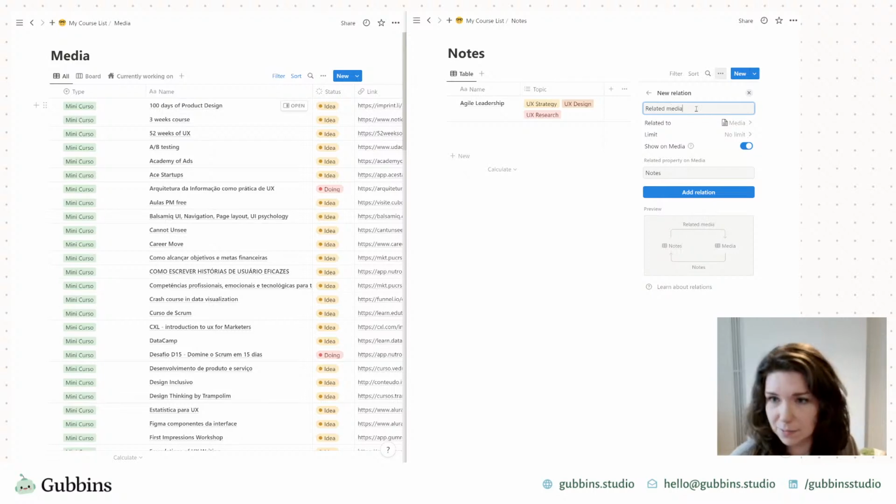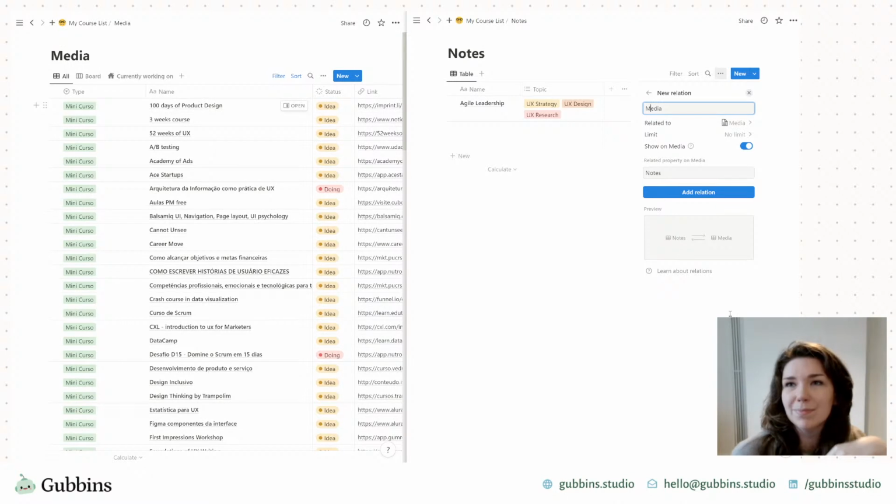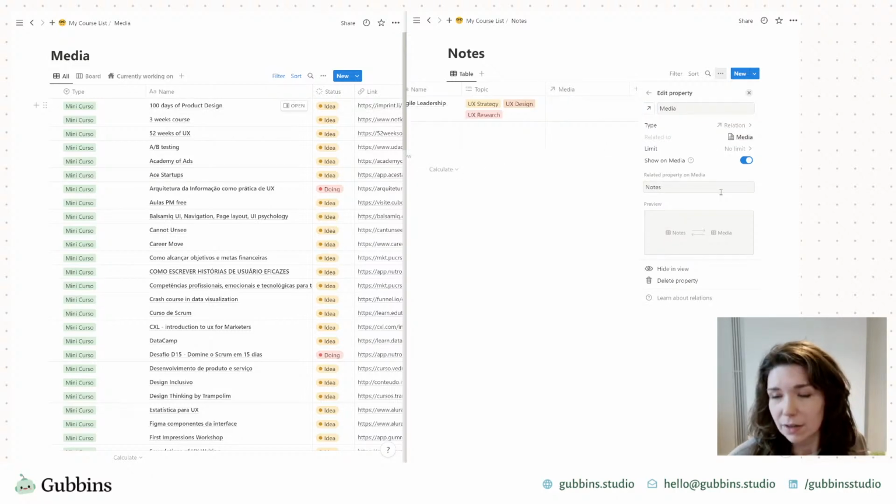Actually, I should be consistent with naming. Related media. No, okay. This is the thing as well of naming conventions, so it's quite difficult to keep it consistent sometimes when you want to say one thing, but then someone else might think of it as another. So I will just leave it as the original database title for now. Oh, goodness.